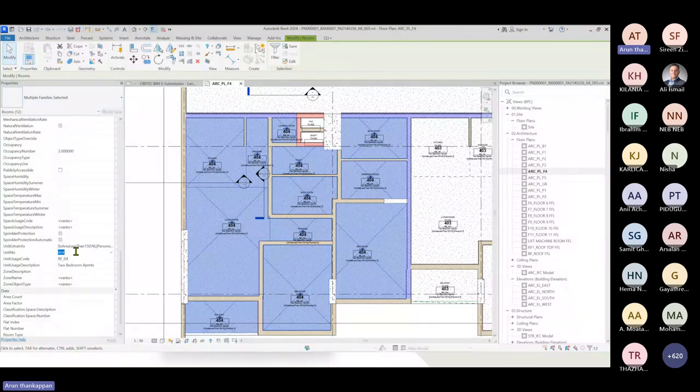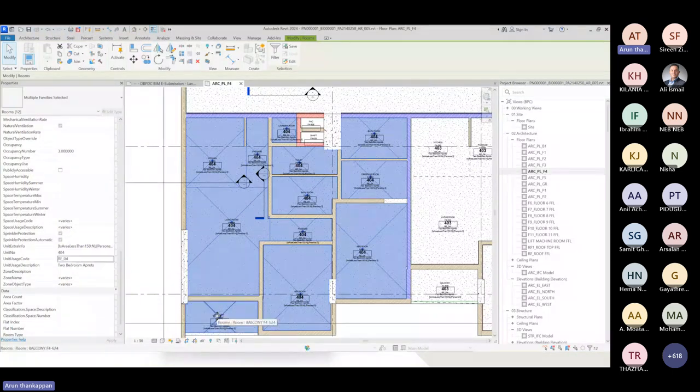We are not giving you any standard number, so you can add your own unit number, but make sure each unit has a unique number. The number should not be duplicated. So the code, since it's a two bedroom apartment,